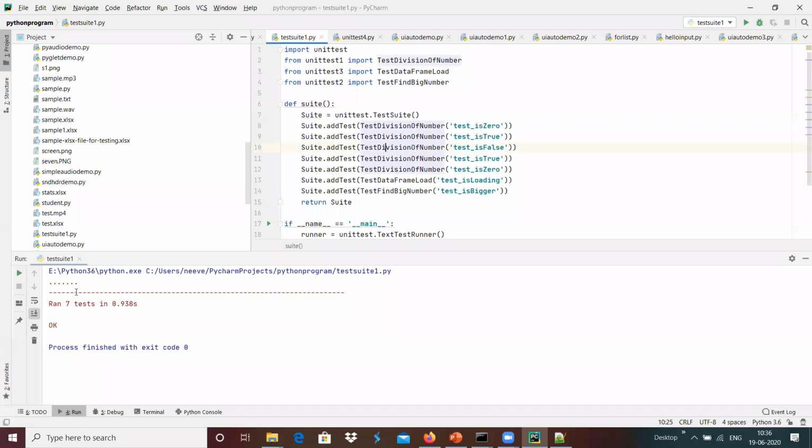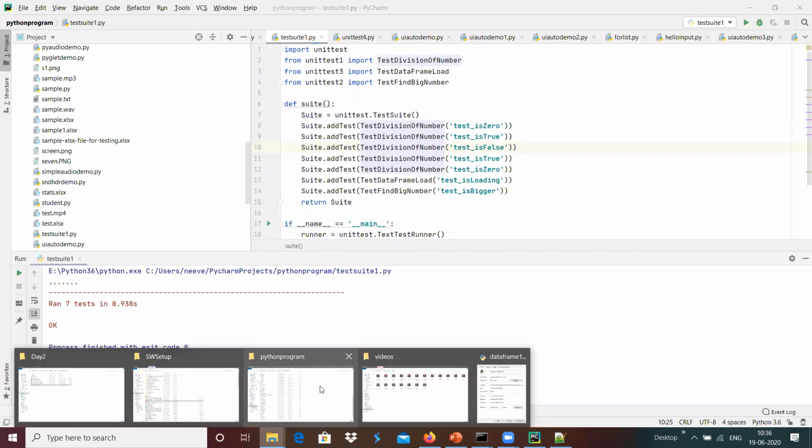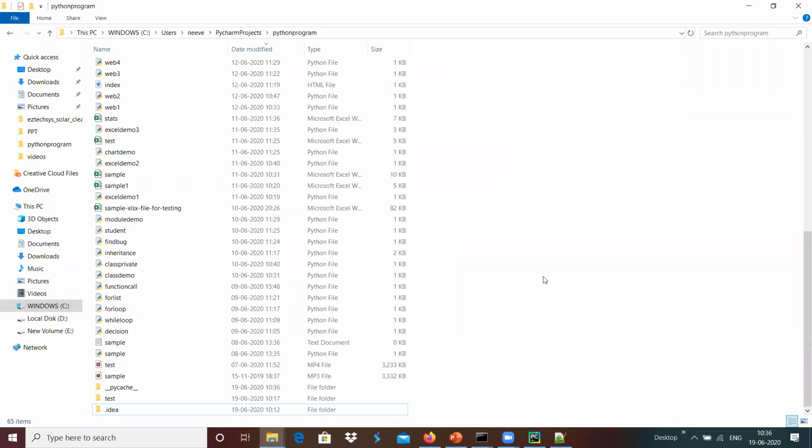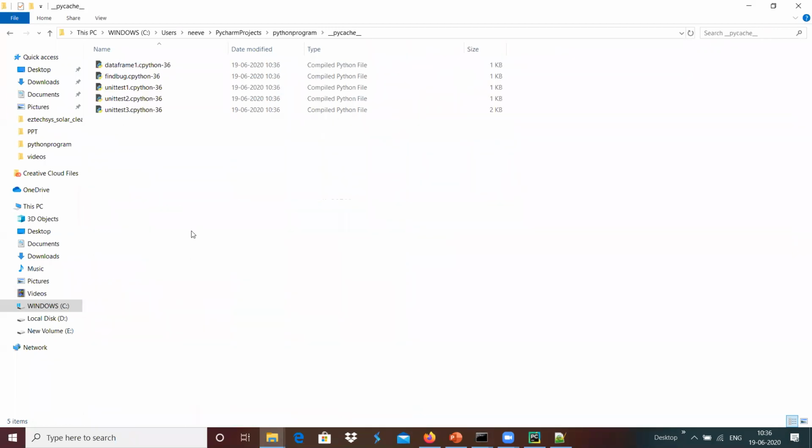Yeah, it ran 7 test cases and it's okay. Over here we can see that a PyCache folder is created, which we had deleted before. Once we go into this folder, we got